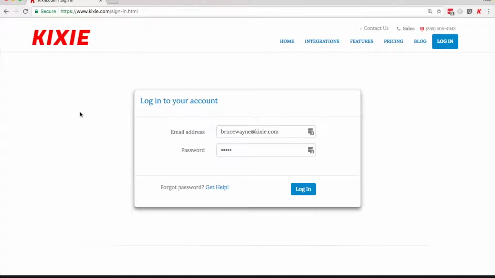Here I am at Kixie.com at the login page. So just go to Kixie.com. In the top right, hit login. You'll be brought to this screen, and you can enter your email address and password that you signed up with. And if you forgot your password, you can reset it here. So let's log in,